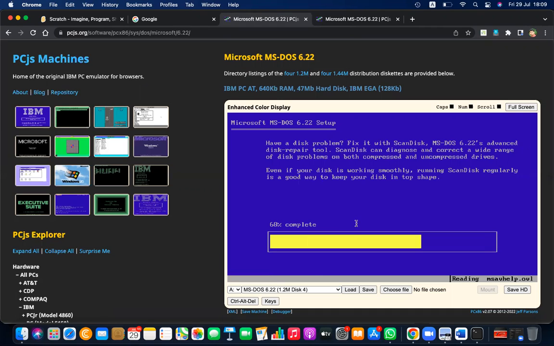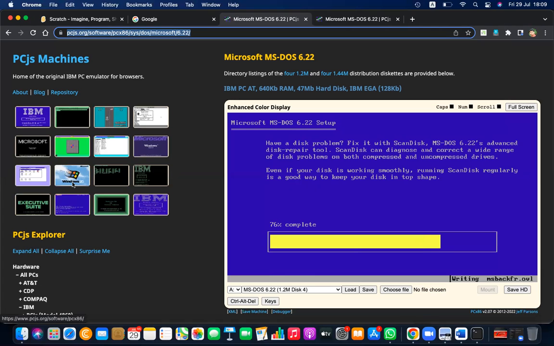Actually, this has different machines. You can use these links if you want to check this by yourself later or now. You can just use these links to experience. These are old machines. You can see Windows 95 is there. So different